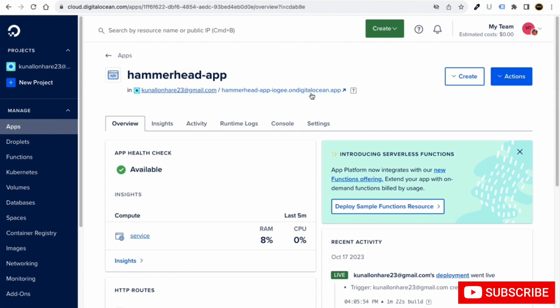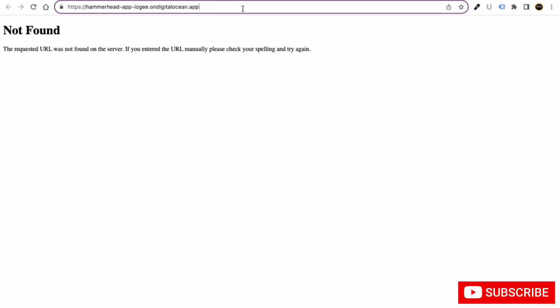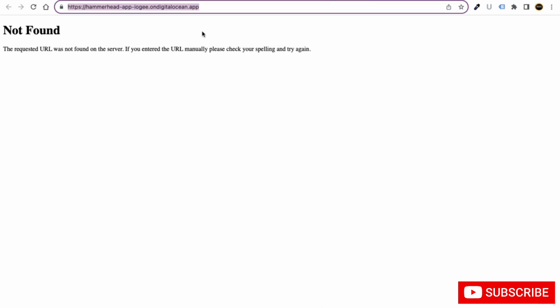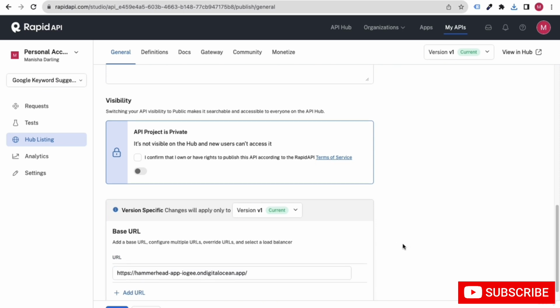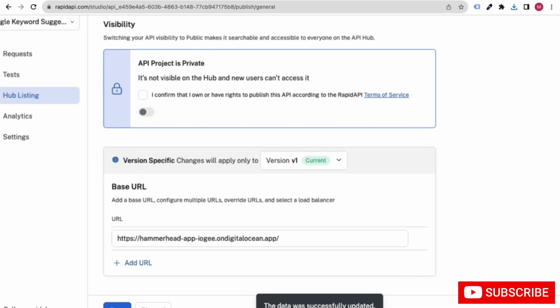The base URL will be this one, where we have hosted on DigitalOcean. If you click here, just copy that and paste it here. Add URL, paste it over here. That's it. After you do this, click on the save button from the bottom.